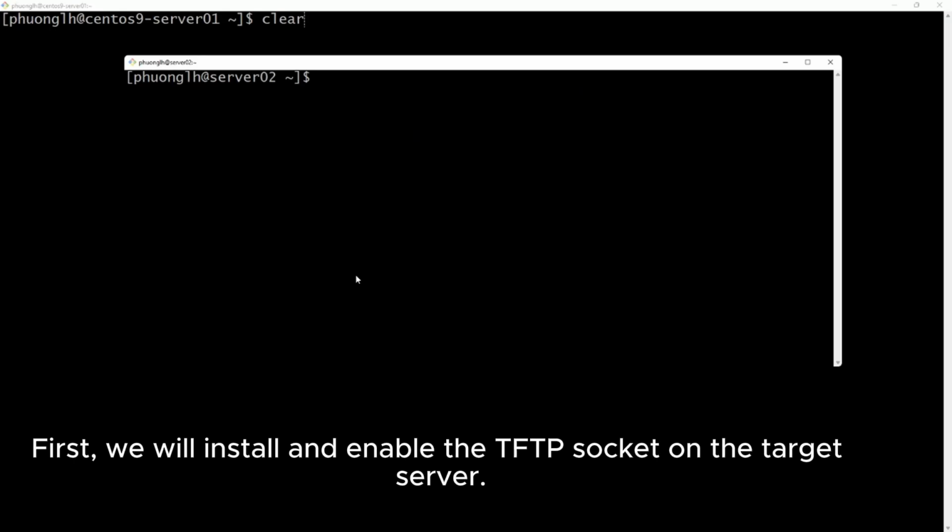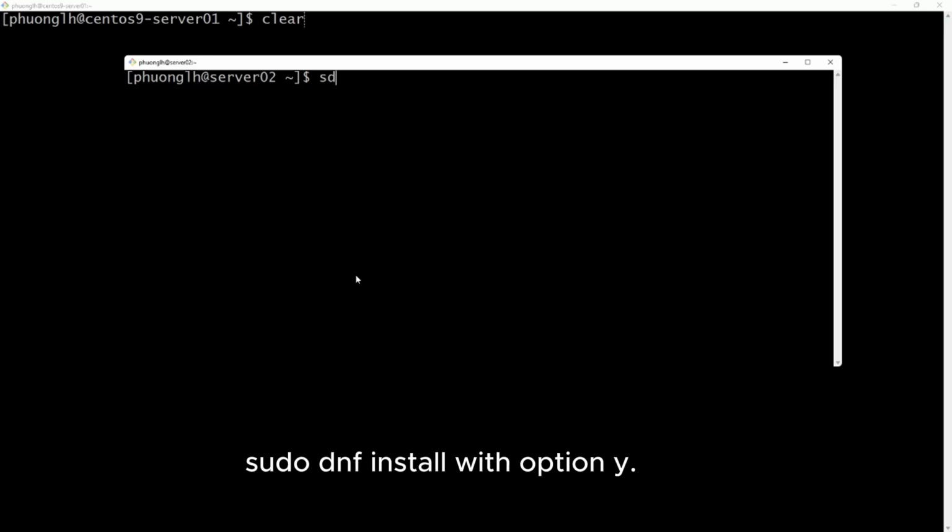First, we will install and enable the TFTP socket on the target server. Sudo dnf install with option -y tftp-server. Okay, enter.